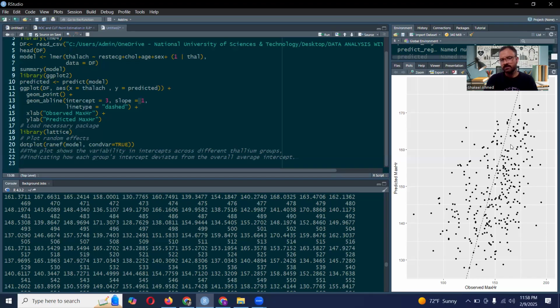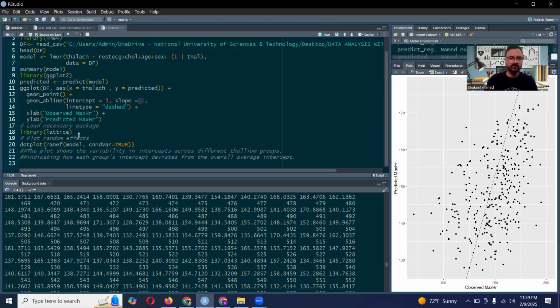So this is basically showing the trend between the observed maximum heart rate and the predicted maximum heart rate, and we can see there is an increasing trend between the two values, the observed value and the predicted value. And then we can also see a dot plot to see which group has more variability